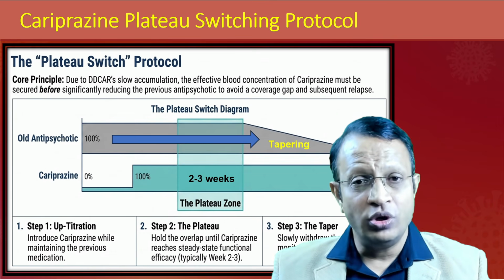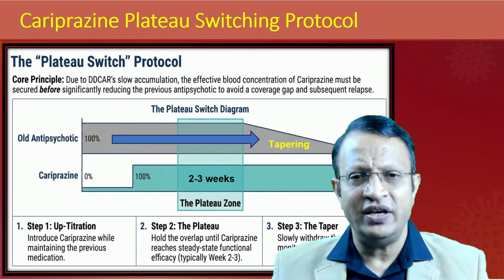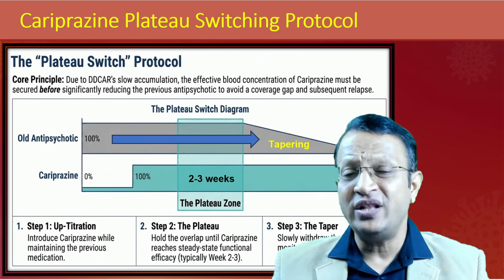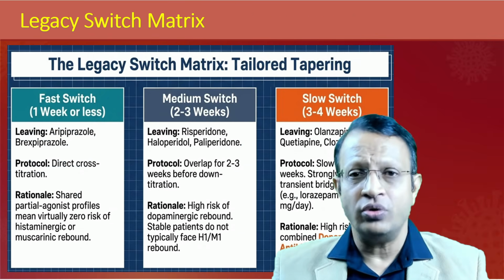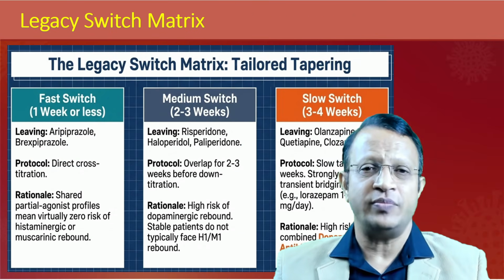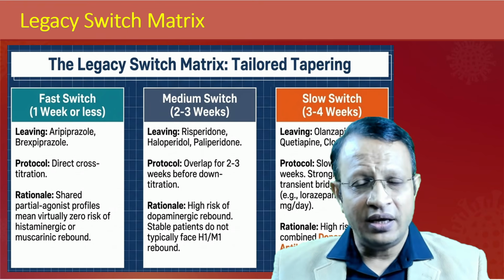So invariably, both medications should be given for at least 3 weeks at full dosage. Don't do cross tapering. Tapering should be done once the cariprazine effective dosage is reached. Hence, there is a legacy switch matrix, my dear friend, especially in